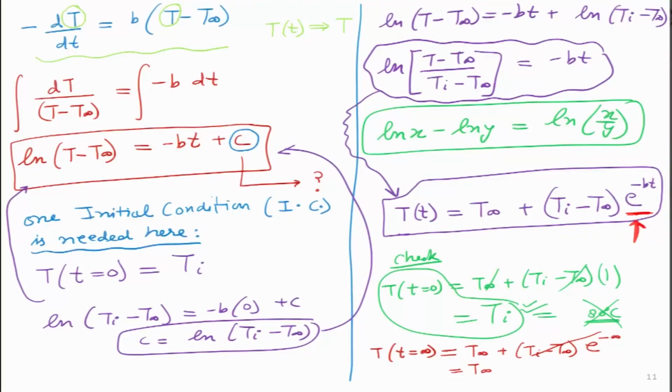So the whole thing settles down. The same is true for my lunch. If I leave my lunch for infinite time, it will achieve the atmospheric temperature. Of course, I don't want to do that, it will get spoiled before that, but it's just a mathematical proof. So physically we have seen, and mathematically also we have seen. A very interesting result we got mathematically. Now let us do one formal definition.